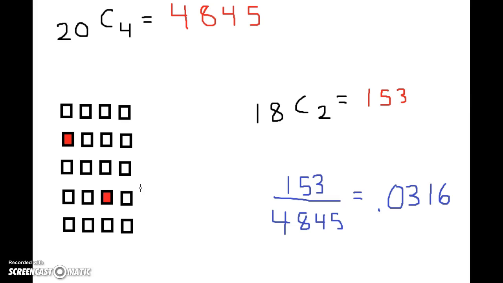We're only going to test 4, and based off that test sample, we're going to try to project whether the shipment has more than 3 bad or if it would be okay to ship. So first of all, let's try to figure out how many possible ways are there to select 4 computers from